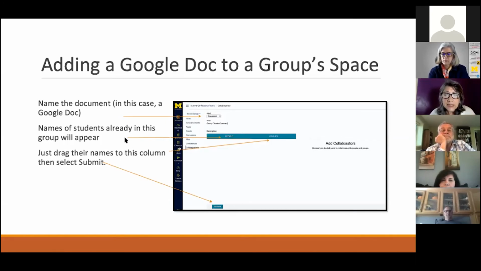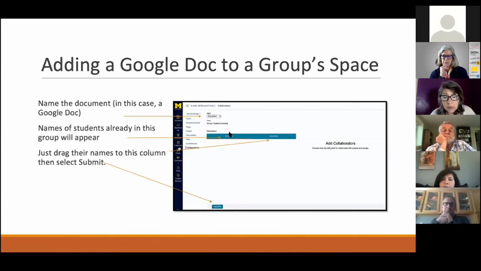But in my case here, I can make it a document, I can make it a slides, or I could make it sheets. And then I name this. Now I don't know how many of you have the same experience when you allow students to create their own Google Docs, and if you encourage them or tell them they have to add you, I end up looking through dozens and dozens of emails trying to find those links. That doesn't work for me. I need to organize this in my own head because I have too many students. So I create all of these for them.